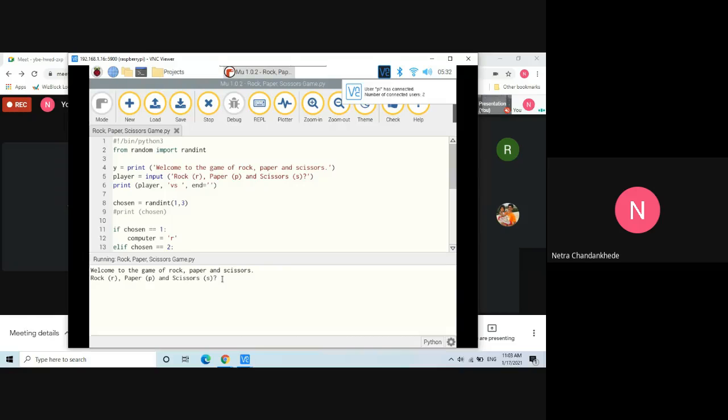Suppose I type R, so rock versus paper. So computer wins. It's like that. First it shows whatever the player has given, then whatever the computer has chosen.